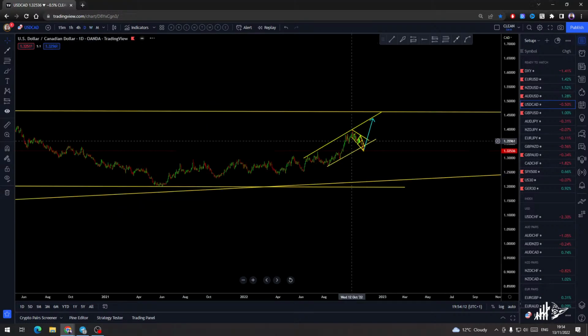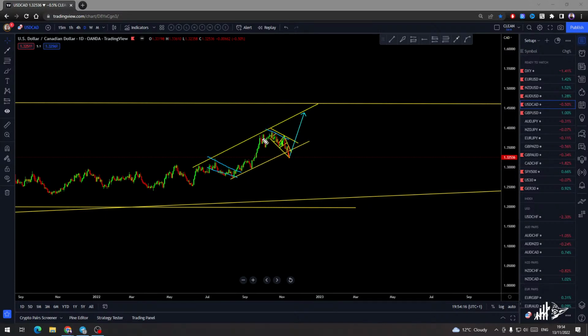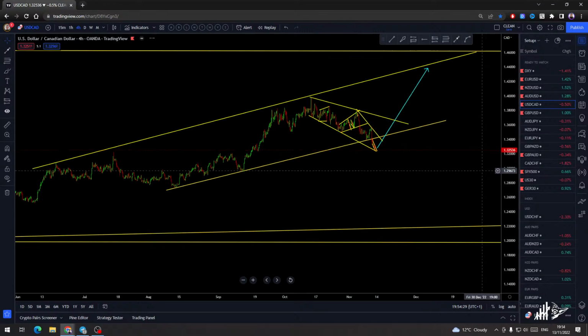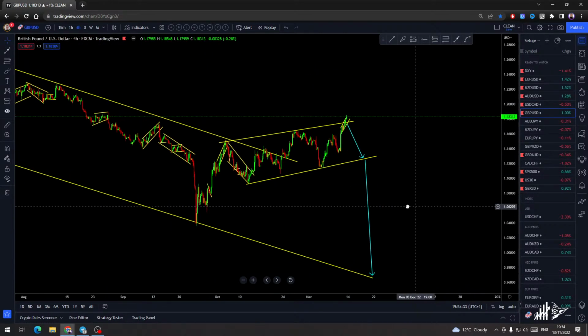I think the correction is big enough. It's a daily correction over there, similar to this one over there. It's what we are having over there, and I'm expecting it to go higher. It can break lower, yes, but not without the correction. We already learned something. Okay, we need a correction before we will go for sell over there. And GBP USD as well over there. I'm still watching for the sell.